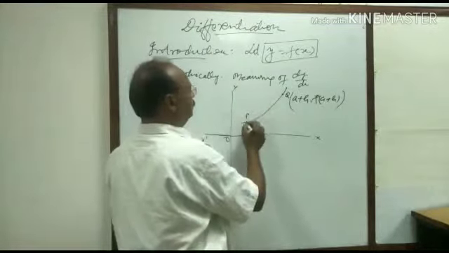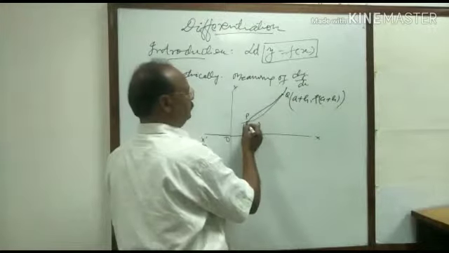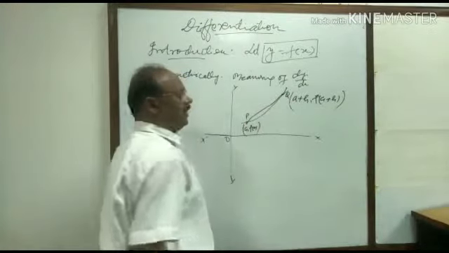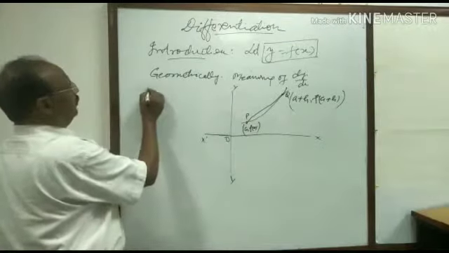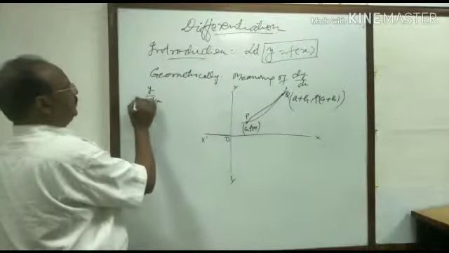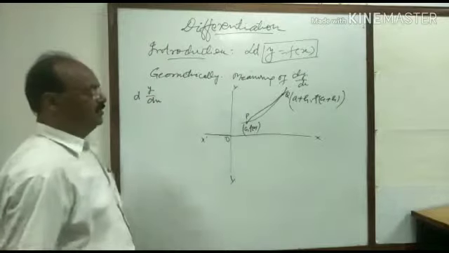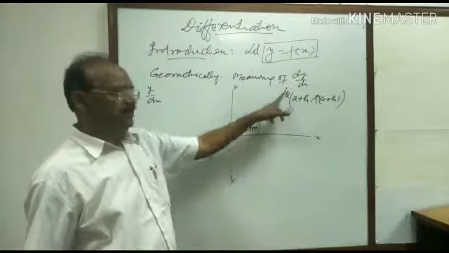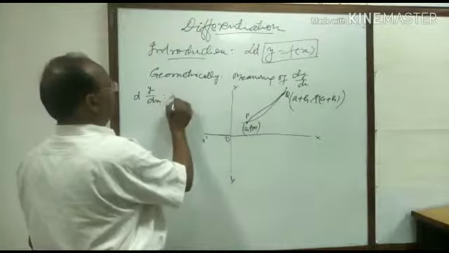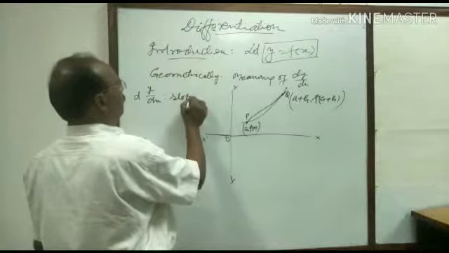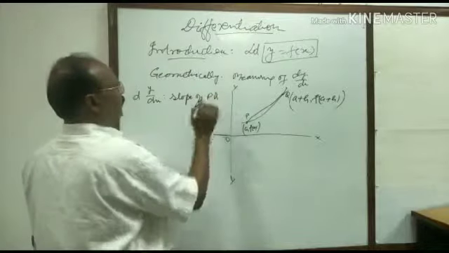Here PQ is a chord joining these 2 points P and Q. So geometrically, the derivative of y with respect to x means the slope of this tangent. It means the slope of PQ